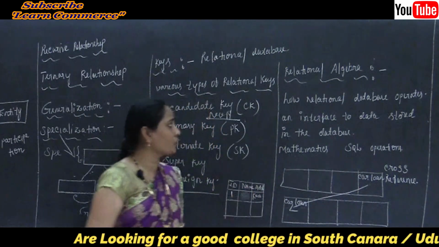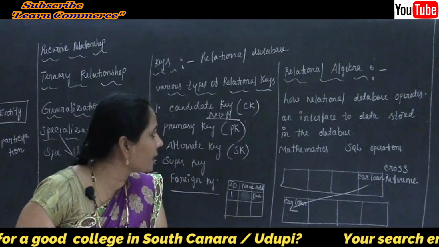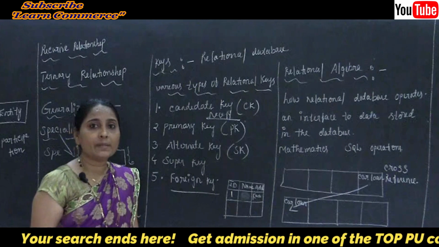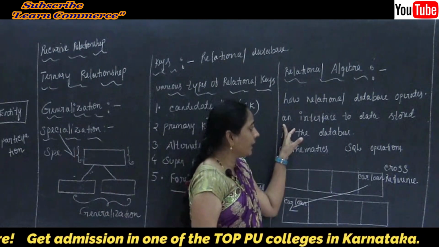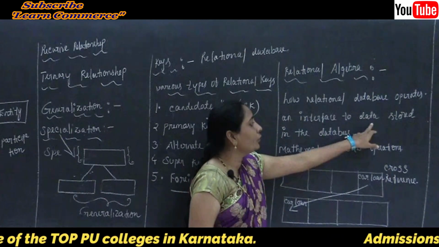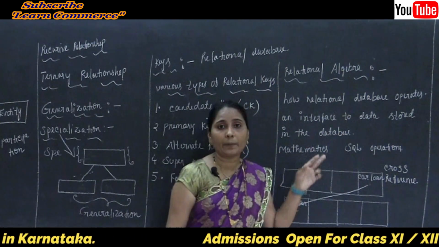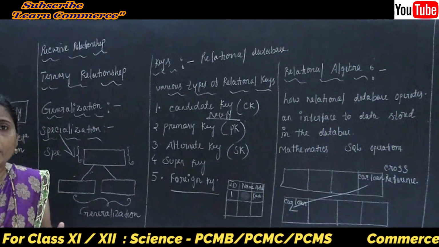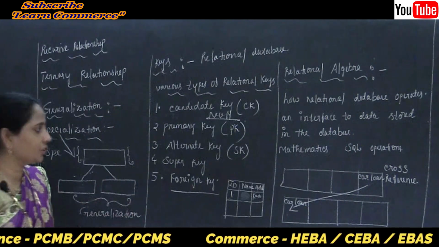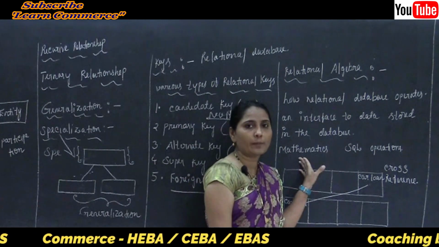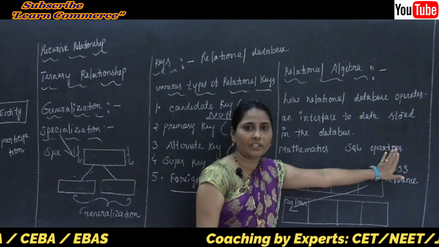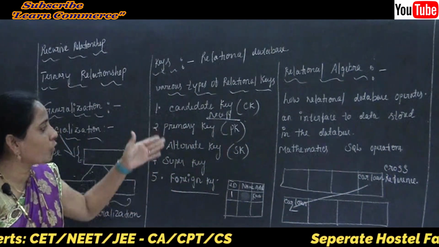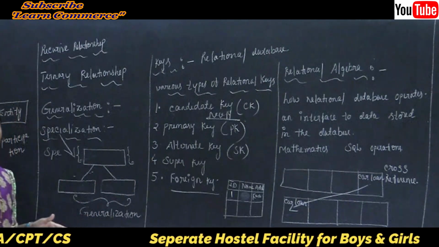And the second thing is an interface to data stored in the database itself. What do you mean by interface? That means maybe some connection, a connection to data that is stored in the database. There is some connection whereby whatever data we stored in our database is going to relate with each other. And finally, we use some mathematical SQL operations to make the connection with each other. So it is going to tell all those points. That is called our relational algebra.